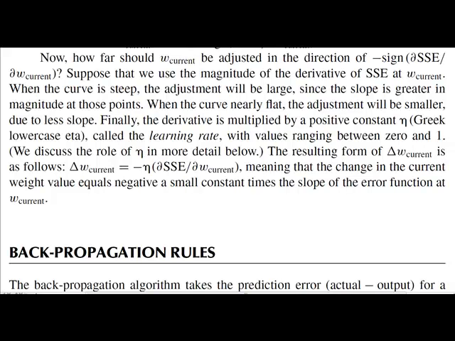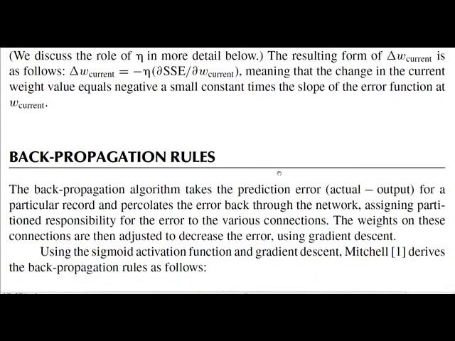Okay, so we have delta W sub current. That's telling us how much to change the current value of the weight. Okay, and we did this just in a simpler example where we only had one weight. Okay, now